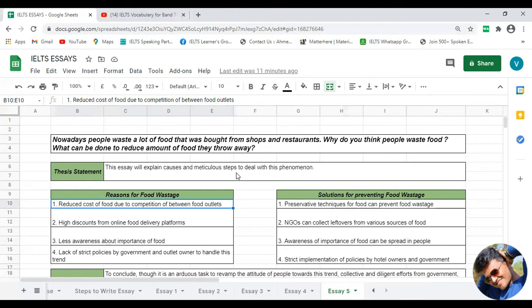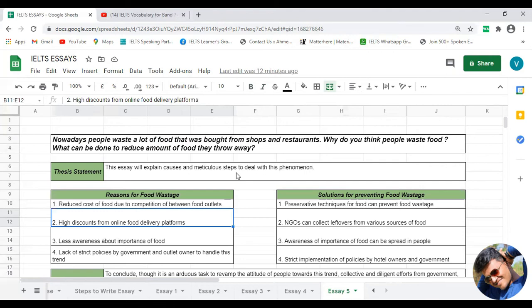It means reduced cost of food due to competition available between various food outlets. That is one reason why food is being wasted by people, so you can include it in your body paragraph number 1. If I talk about the second reason why people are wasting food, then the second reason